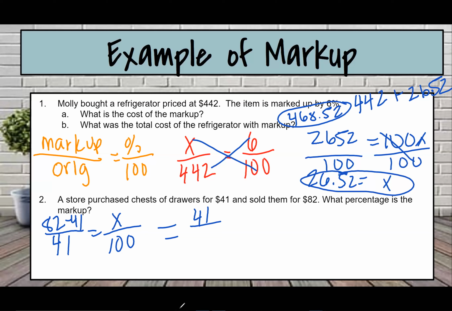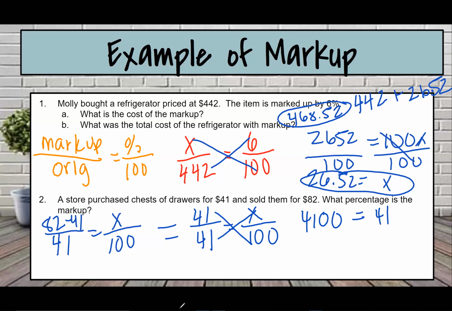So they basically doubled what they sold them for. In order to make a profit, they marked it up $41. So 41 over 41, I'm already seeing, okay, that's a whole right there. And that's going to make sense to you in a second when we see what the percent is, equals X over 100. And when we cross multiply and solve, 4,100